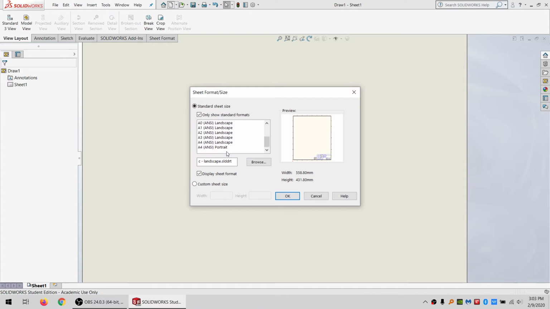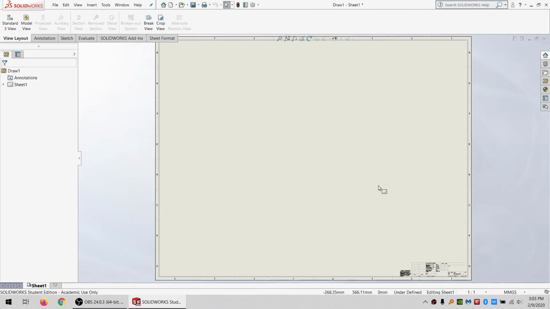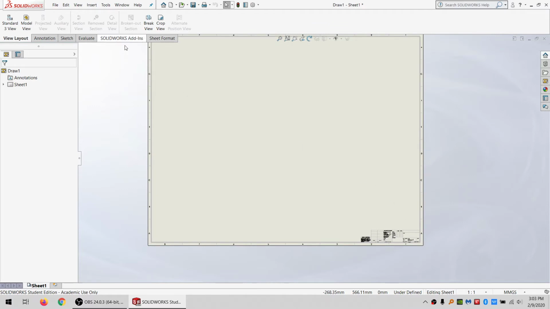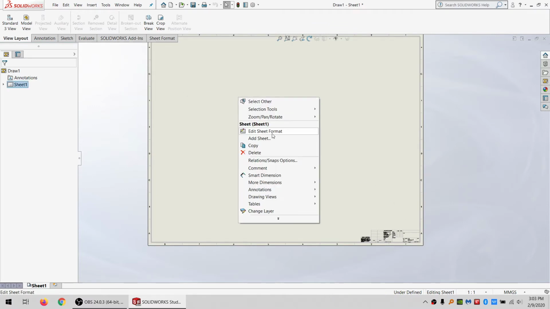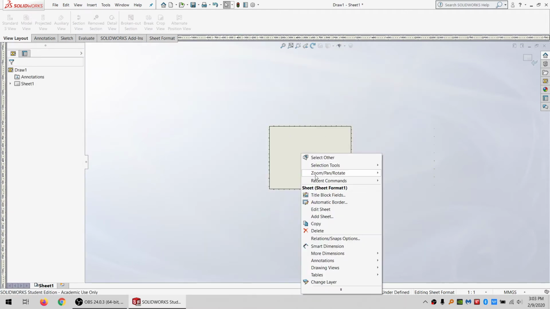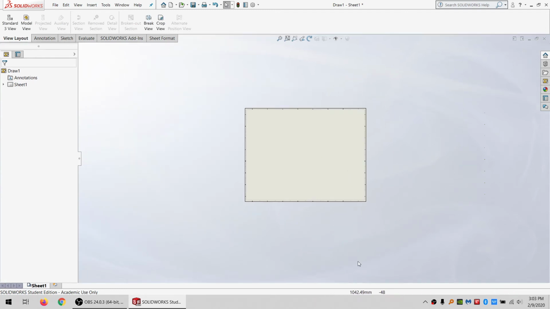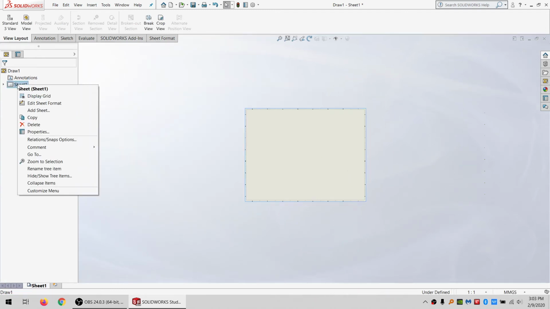But I am actually going to make... let's start with an E. So I'm going to make a custom template for myself. So I want to right click and do edit sheet format. I'm just going to select everything and delete it, and right click out or click here to get out of that. And let's see, right click here, click properties,